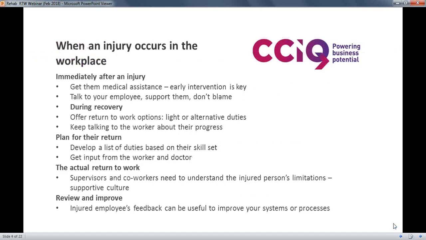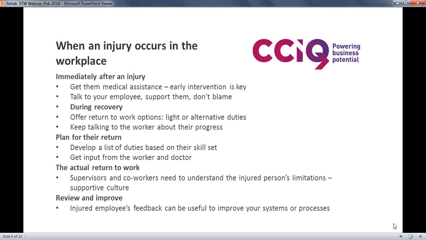So we're first going to cover off on what should be going on when an injury occurs in the workplace. There's the obligation under the relevant legislation, the Workers' Compensation and Rehabilitation Act here in Queensland, that the employer has the obligation to report the injury to WorkCover. That's within 8 days of becoming aware of the injury or later where reasonable. Obviously there's flexibility there with the insertion of what is reasonable.